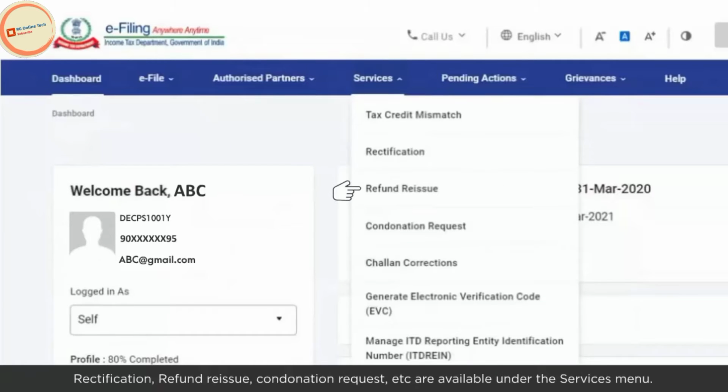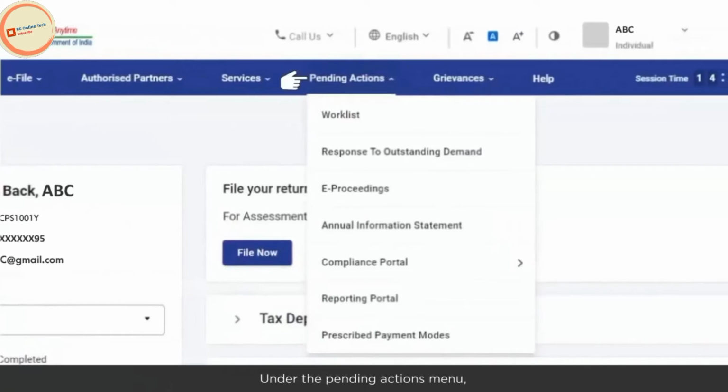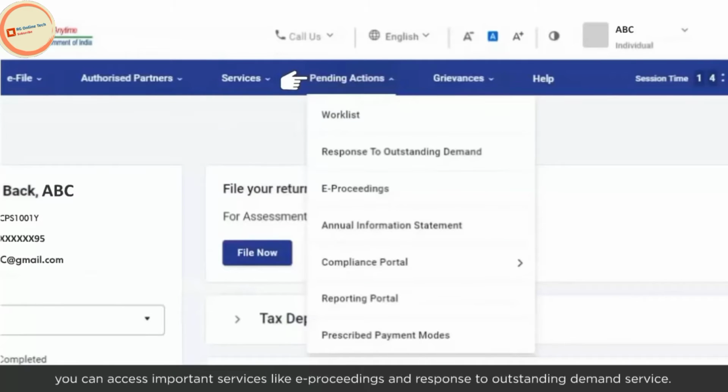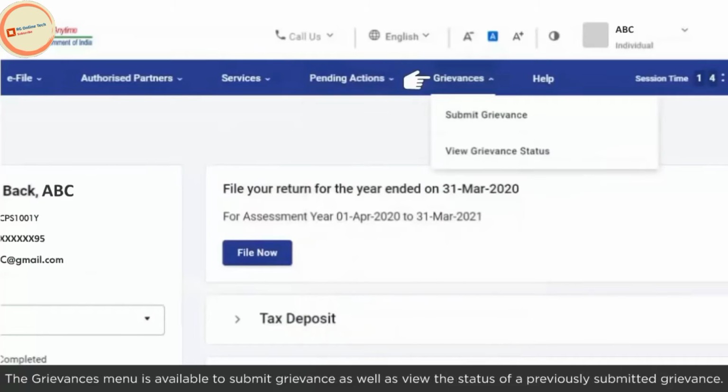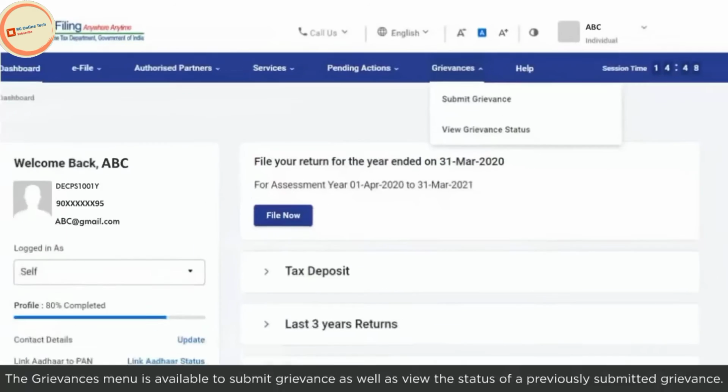Rectification, refund reissue, condonation request, etc. are available under the Services menu. Under the Pending Actions menu, you can access important services like e-proceedings and response to outstanding demand service. The Grievance menu is available to submit grievance as well as view the status of a previously submitted grievance.